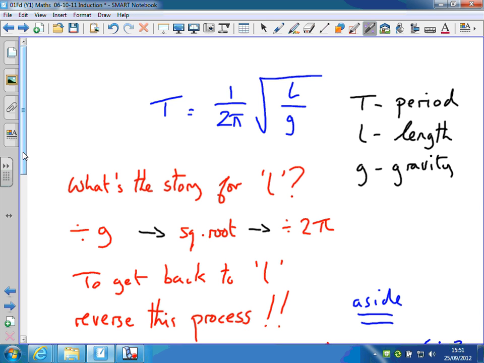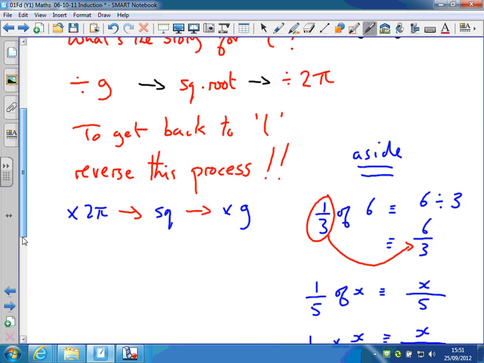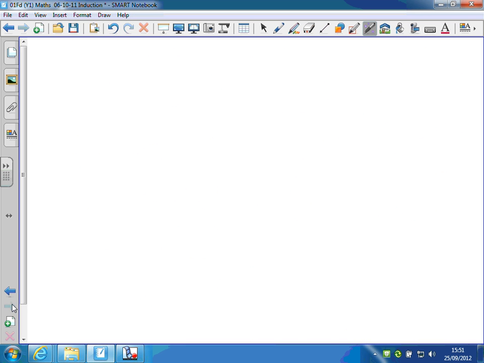So what's finally happened to it when we get to this bit here, I've divided by 2 pi, this step here. So to get back to L, I go through this process in reverse. I multiply by 2 pi, I square, and then I times by g. I do the opposite to go back. And then I should end up with a formula for L. Another way to write it, and I'm going to look at this on the other side here. If you think about this,